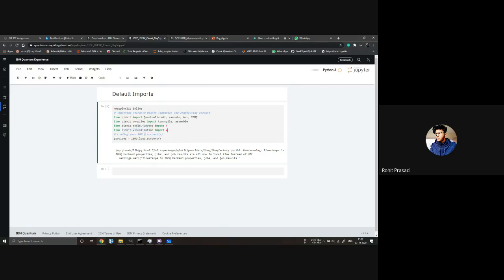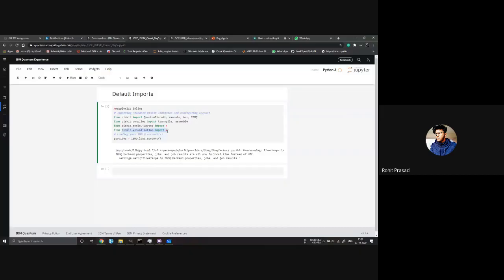Visualization is something like when you want to represent a state in the Bloch sphere. Quantum visualization also has the Q-sphere, for seeing the data in the quantum circuit. We import all the things in this Qiskit visualization.